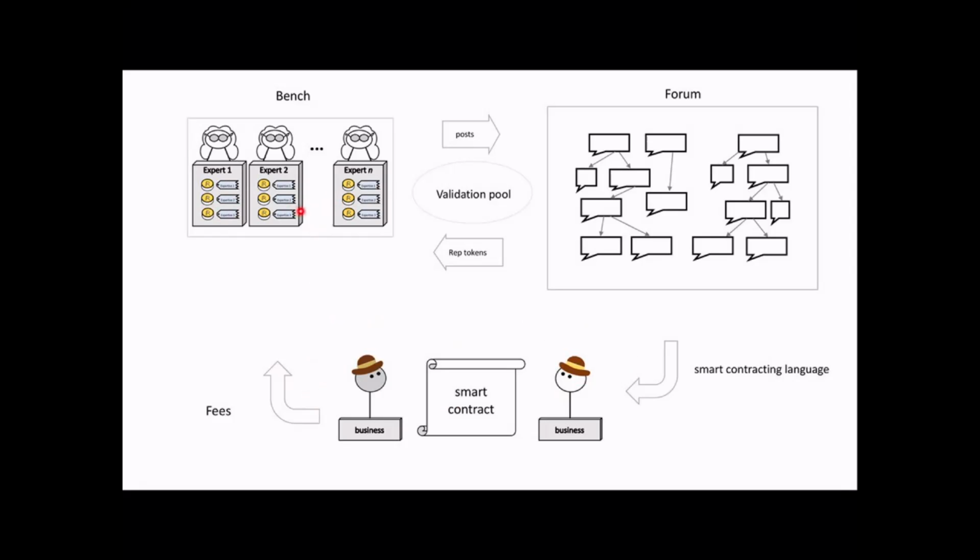But what do the experts do? They're going to want in their validation pool to include information from the public, a review, that sort of thing. But they're going to decide how to interpret that information based on their DAO, based on the circumstances, based on how business is happening. So certain things are going to change all the time, but certain things, as I'm going to describe, are hard-coded. This is just how this will work.